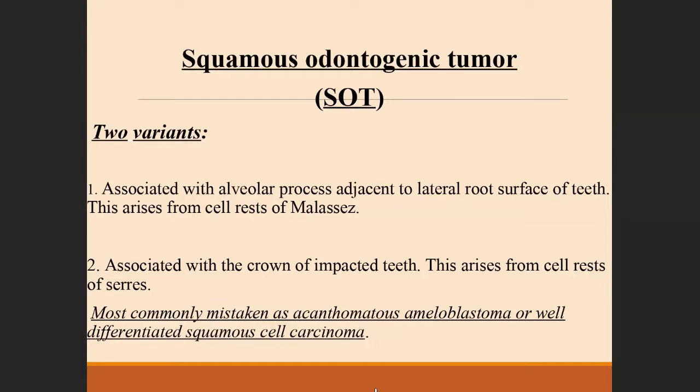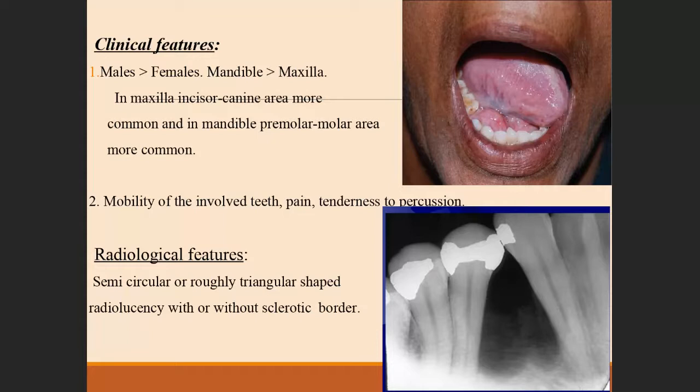So here we have just discussed the pathogenesis. Now let's see the clinical features. This tumor shows slightly more predilection for males, and is more common in the mandible. Now when it occurs in the mandible, can you see this clinical picture? This is the predominant site, that is the premolar molar area. When it occurs in the maxilla, the incisor canine area is the predominant site. So try to remember this picture in your mind so you'll never forget. In the mandible, it is in the premolar molar area. In the maxillary arch, it is in the incisor canine area.